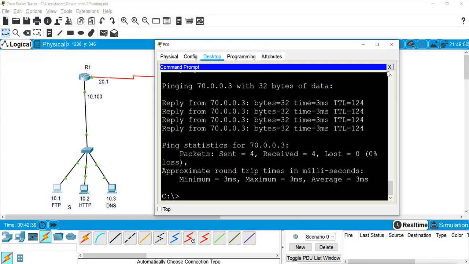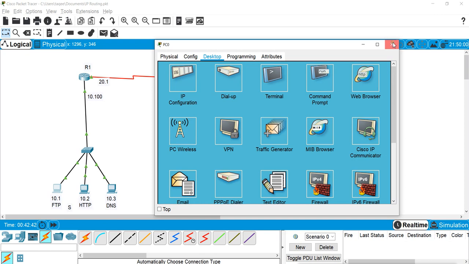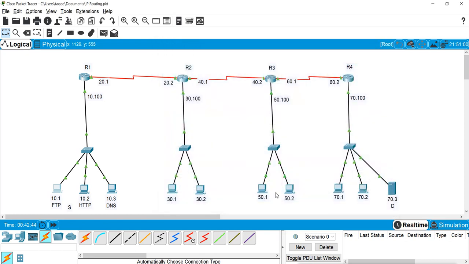So now we have three services running on this server. We have FTP, HTTP and DNS. And now all these three machines will be our host. And what we want here, we want to block FTP for 10.1, HTTP for 10.2 and DNS for 10.3. So only these services should be blocked to these client IPs, and other services will remain working.